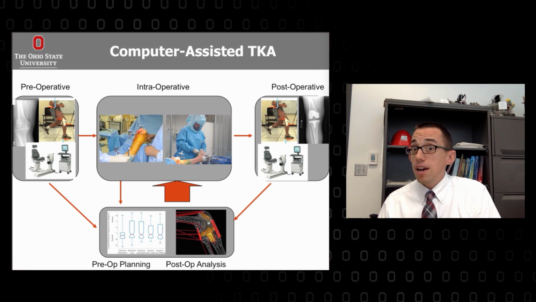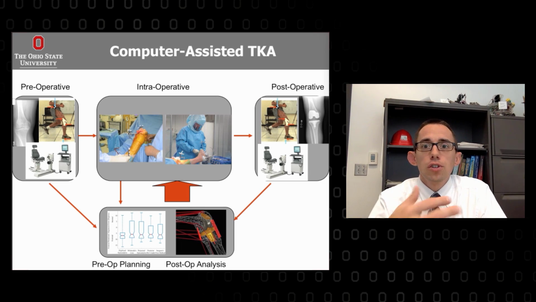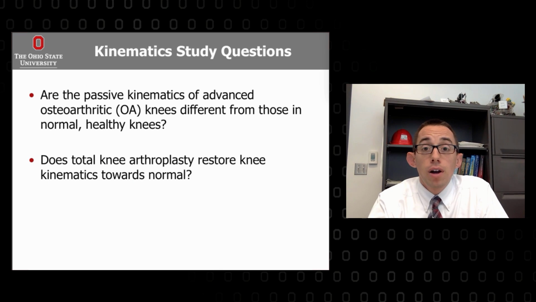If you do that, they'll have bad outcomes. Do more of this to have good outcomes and do less of that. So this is the long-term goal that we're striving towards. So in this first study, we wanted to ask two specific questions. We want to know, are the passive